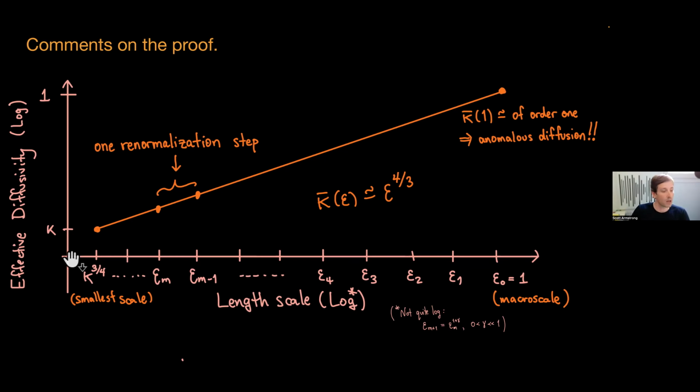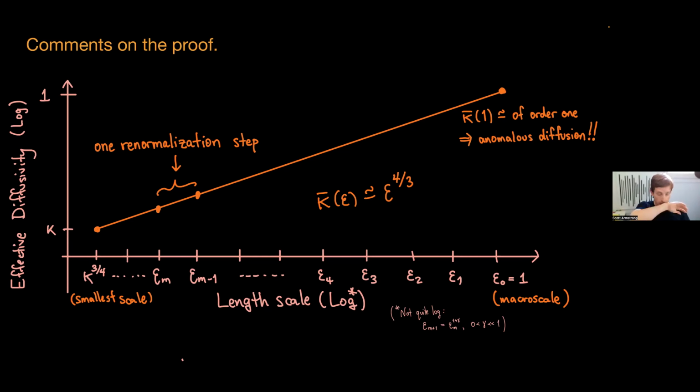Anyway, the smallest scale that you find is kappa to the 3/4. Because if you went to a smaller scale, the diffusion would kill everything and you would have no drift, and it would be completely boring. So you should first look at the scale kappa to the 3/4. You go there and you find that the diffusivity is kappa because the vector field hasn't done anything yet. And then what you do is you homogenize the wiggles in that vector field. You zoom out and you kind of erase the wiggles in that vector field.